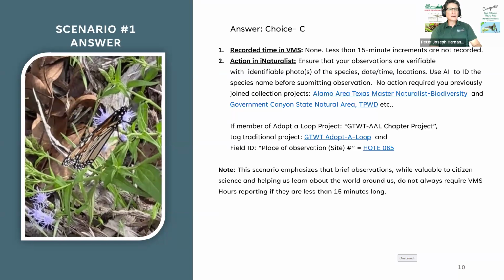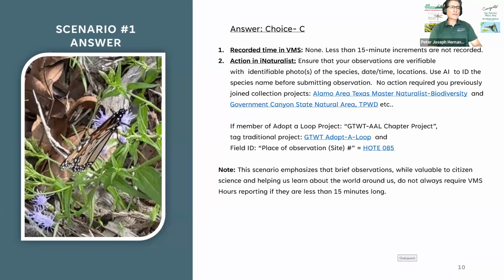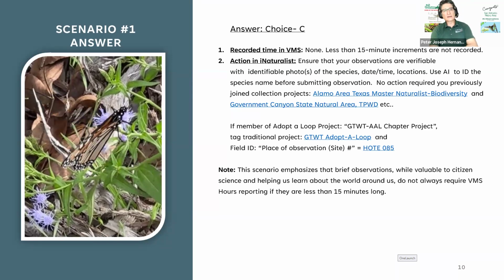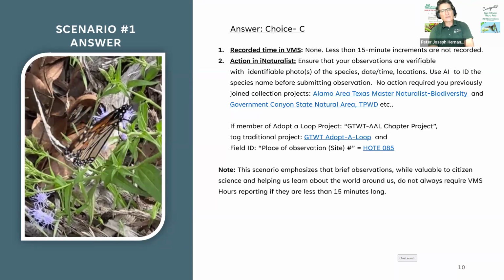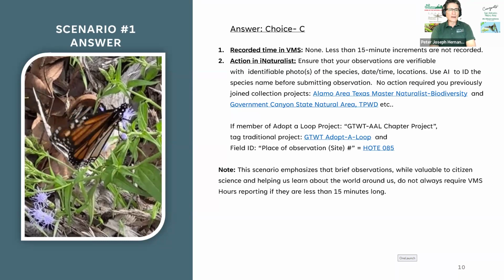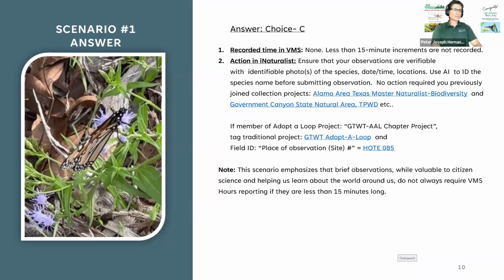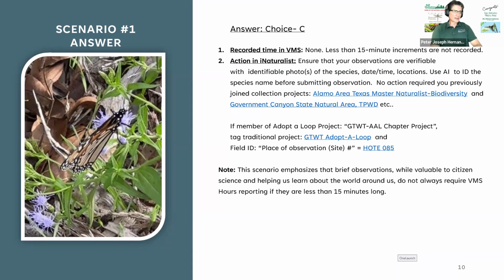No action is really required if I've joined these collection projects like Alamo Area Master Naturalist, Biodiversity, or the Government Canyon project. That is automatic, so I don't worry about tagging that because it is a collection project and